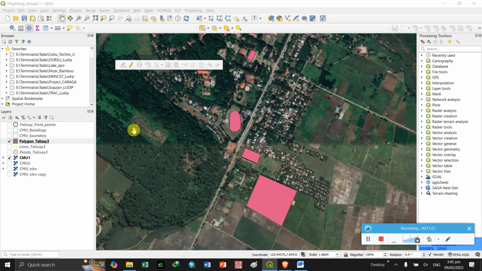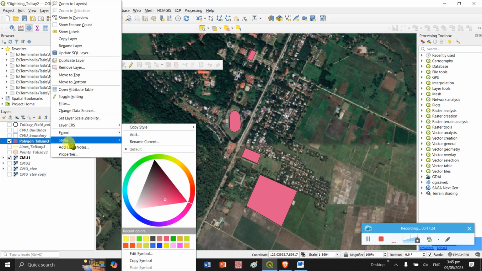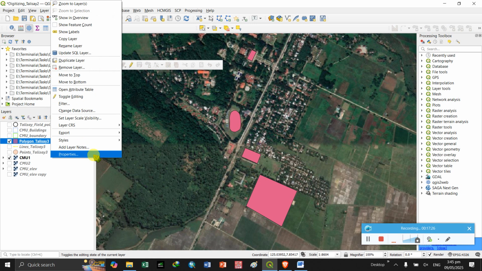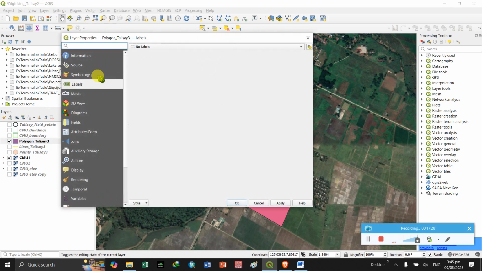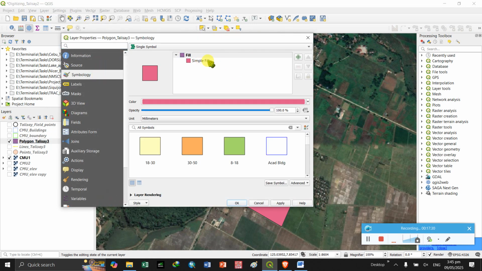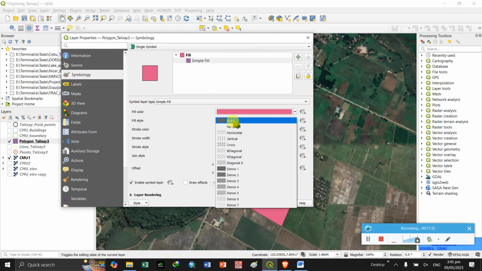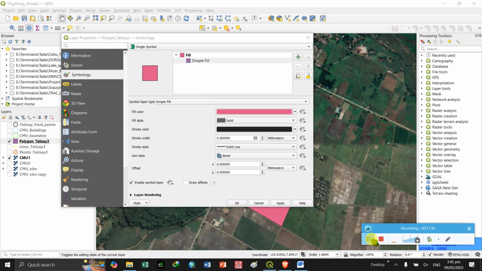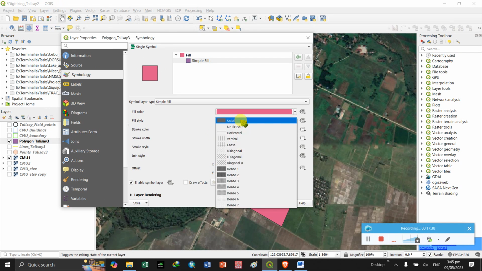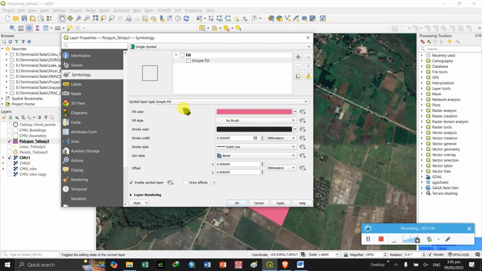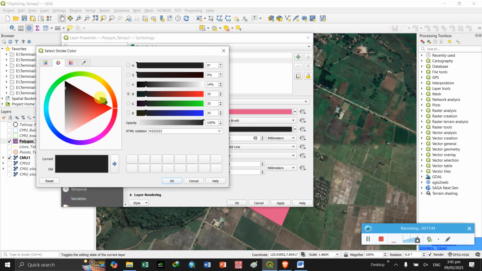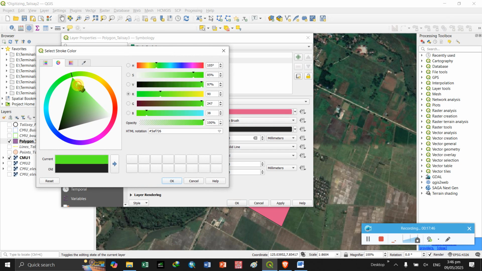And of course, we can set the symbology into maybe outline. So to set an outline, we need to change the solid into no brush, and then the outline color maybe lighter green.